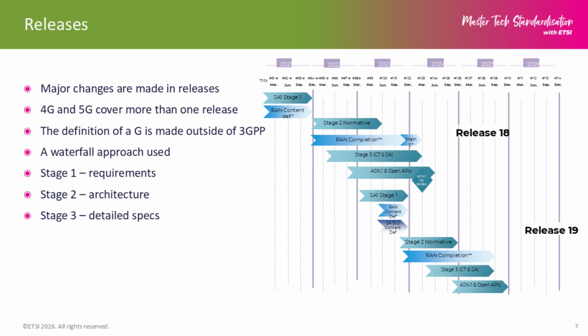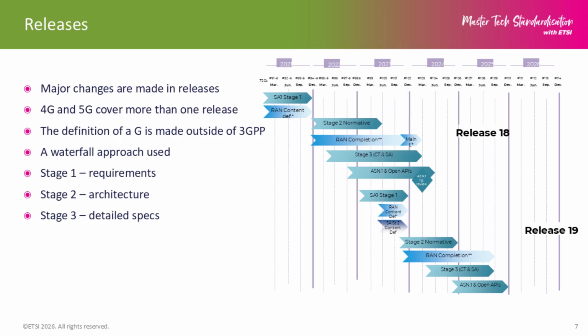Releases. Releases are the way that we generate major additions in functionality to the specifications. Over the years, 3GPP has improved many parts of the system, including changing the air interface. We've gone from CDMA to an OFDM-based air interface. We work on all sorts of things to make sure, for instance, base stations can talk to each other if the fibre link goes down. We've got features to reduce the complexity of the mobile phones if we want a low complexity device. You name it, 3GPP do it.